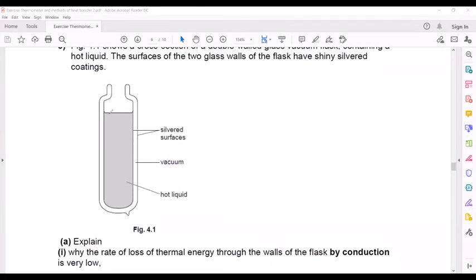Because if there was no lid, then evaporation can also happen, and evaporation is a cooling process. The most energetic molecules gain energy from the surroundings and escape, so evaporation will cool down the liquid. We don't want evaporation to happen, so we should place a lid or a cap. When we place a lid, the hot energetic molecules are not able to go out. It prevents loss of heat energy by convection, or you can also say by evaporation.